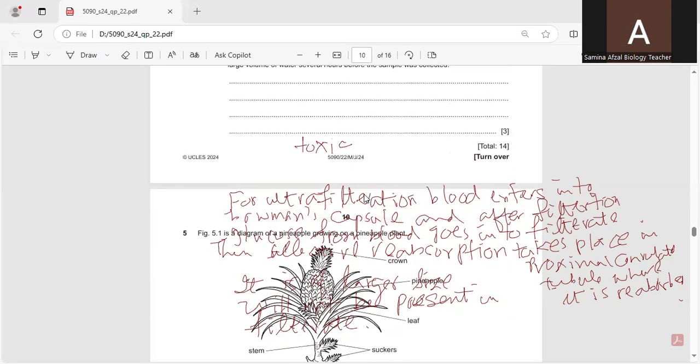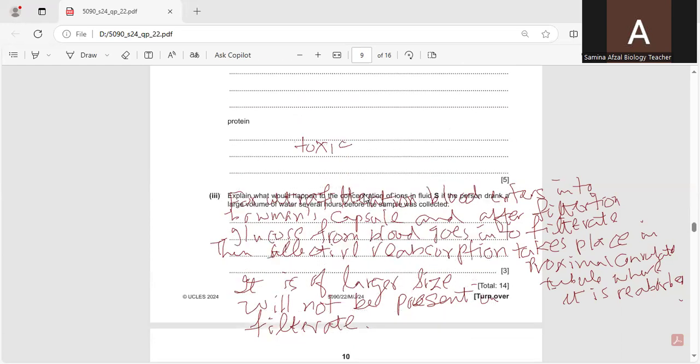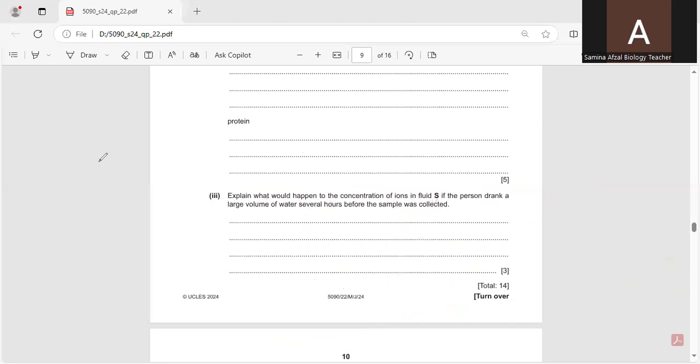Now we will move towards the next question. And next question is, explain what would happen to the concentration of ions in fluid S if the person drank a large volume of water several hours before the sampling was collected. So what happens with the, due to lots of water which the person has drunk, the concentration of the ions will decrease